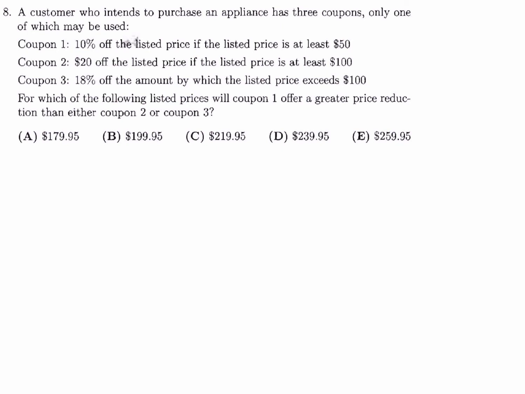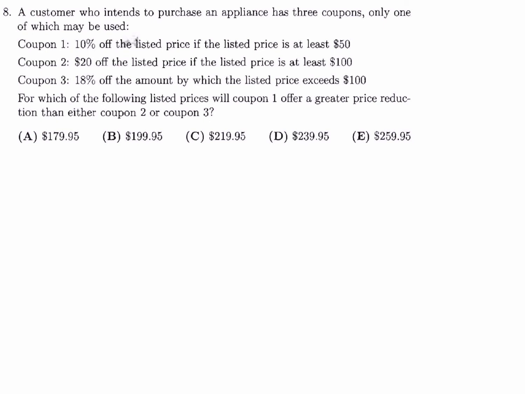A customer who intends to purchase an appliance has 3 coupons, only one of which may be used. Coupon 1, 10% off the listed price if the listed price is at least $50. Coupon 2, $20 off the listed price if the listed price is at least $100. Coupon 3, 18% off the amount by which the listed price exceeds $100. For which of the following listed prices will coupon 1 offer a greater price reduction than either coupon 2 or